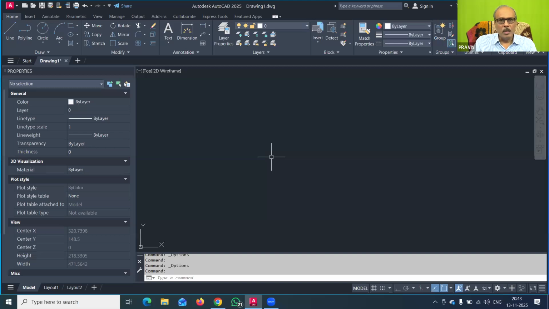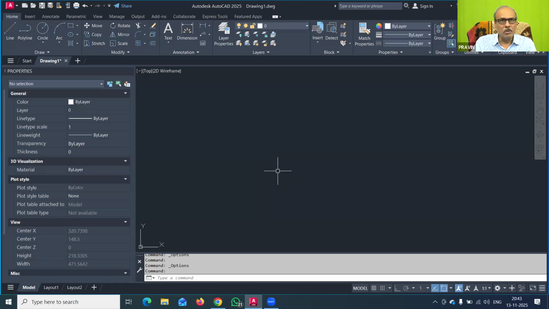Now, one by one, in every upcoming lecture, there are these types of small tips which are very important and are not generally known to common users of AutoCAD. So you have to remember these tips. You have to make a star in your notebook. That is the important thing: you can change the theme.